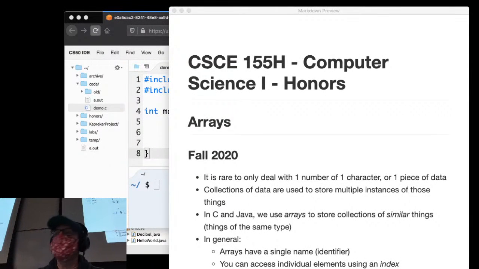Today we're going to finish up our discussion on arrays, and at least in Java, we're going to finish up our discussion on,